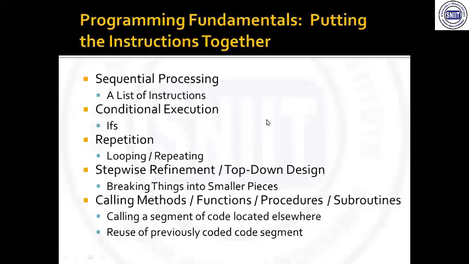And conditional execution means, if you want to display any output, suppose your program has to check whether you are major or minor. How do you know that? We read the age of the particular person. The program has to display whether you are major or not. For that reason, we need to put some condition. What condition? The age must be greater than or equal to 18. Then only we can say that you are a major. Otherwise, it has to say you are minor, isn't it? So before giving any output, we need to perform some conditions. That condition can be done with the help of an if condition, isn't it?